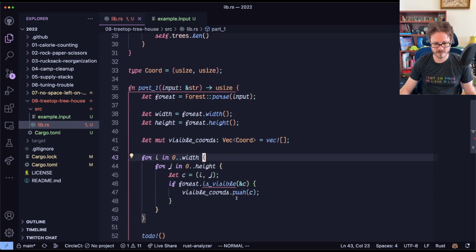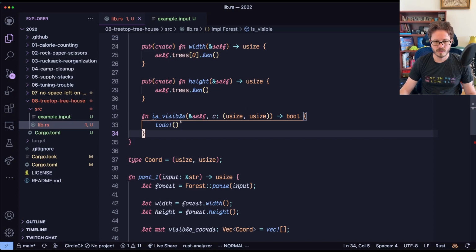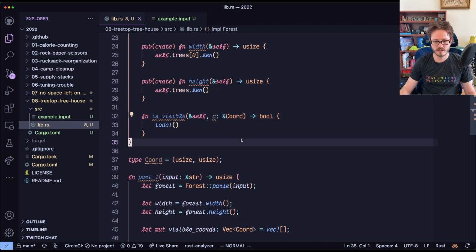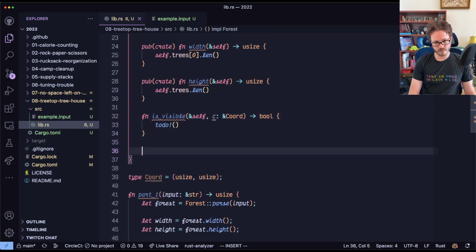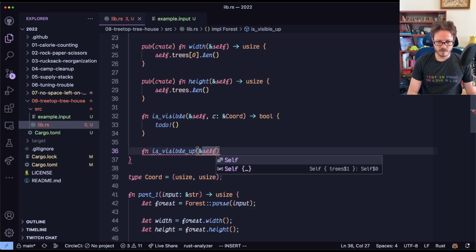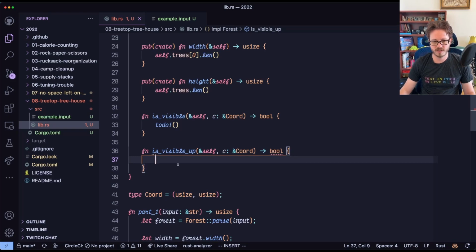That's a reference. Let's generate this method. Function is_visible, reference to a coordinate. Okay, so now I think what I want to do is a function is_visible_up. Again, you go to a Boolean. I like that it knew that I wanted the is method to be this thing. So is_visible_up says